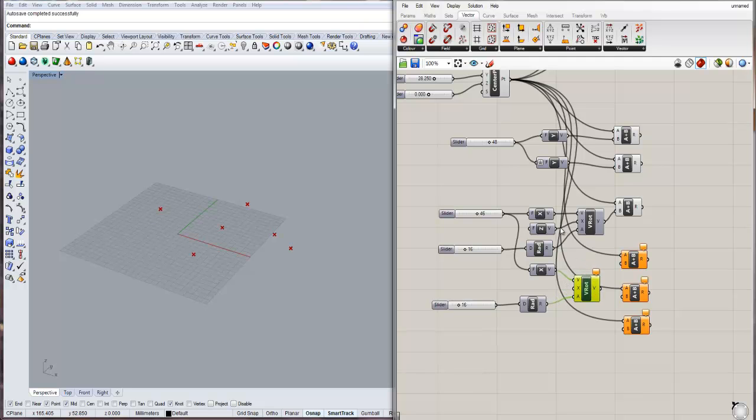And then this is also on z-axis, so I'll connect z-axis to here, and this one to B, and